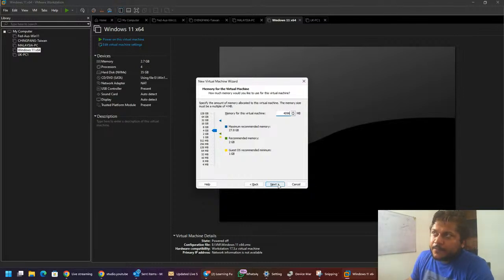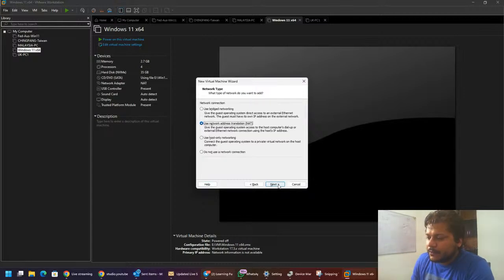Also, for this virtual machine, you can change the resources which will be used for it, like RAM and hard disk. You can always increase or decrease as per your requirement, or even the processor cores as well. So, should you want to reduce the number of processor cores or increase the number of threads for it, you can always do that. But ensure that the virtual machine is turned off. Only then you can make those changes.